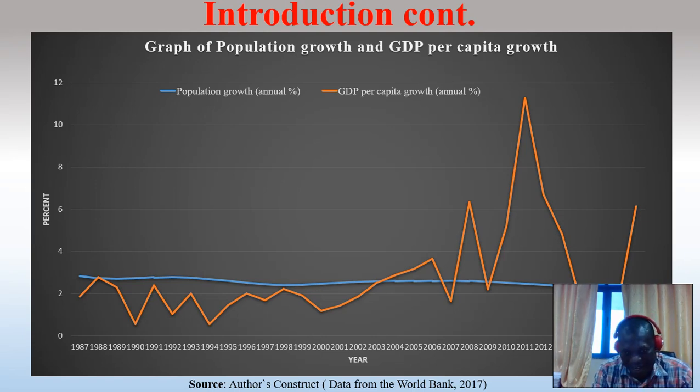So it is not surprising that after it peaked in 2011, we see GDP per capita falling again